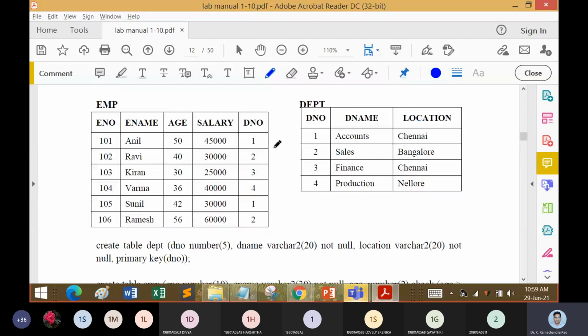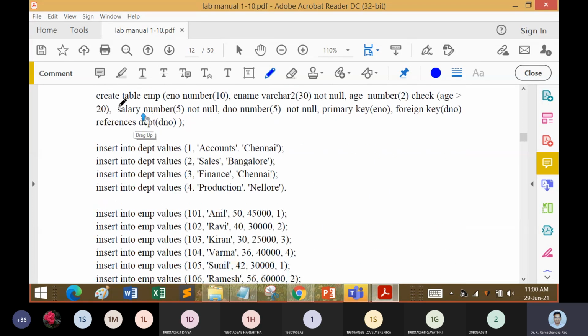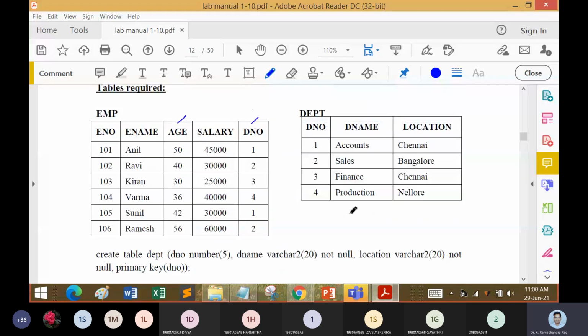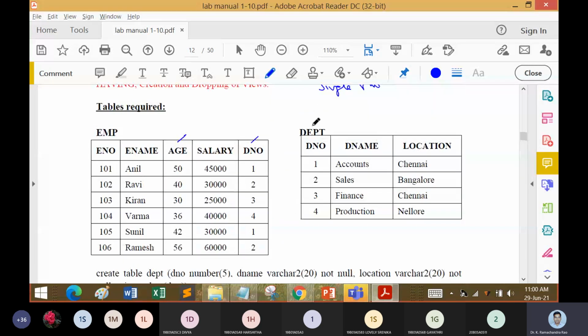Now you can see there are two tables we are going to work with. We have the employee table with employee name, number, age, salary, and department. Then we have another table called the department table, with department number, name, and location. So there are 5 fields in the employee table, and in the department table we have department number, name, and location.